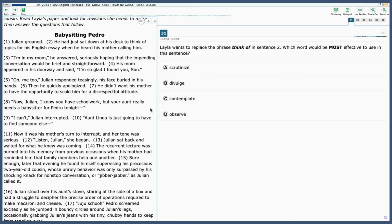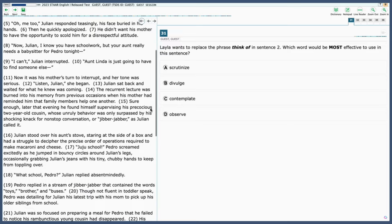"Now, Julian, I know you have schoolwork, but your aunt really needs a babysitter for Pedro tonight." "I can't," Julian interrupted. "Aunt Linda is just going to have to find someone else." Now it was his mother's turn to interrupt, and her tone was serious. "Listen, Julian," she began. Julian sat back and waited for what he knew was coming. The recurrent lecture was burned into his memory from previous occasions when his mother had reminded him that family members help one another. Sure enough, later that evening, he found himself supervising his precocious 2-year-old cousin, whose unruly behavior was